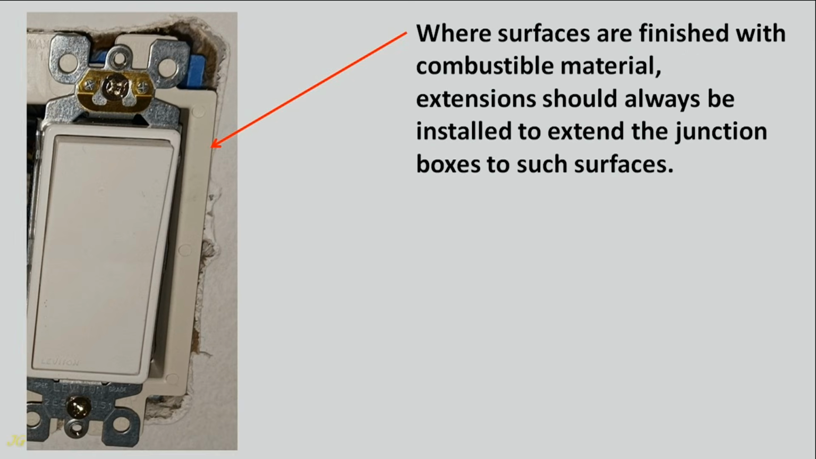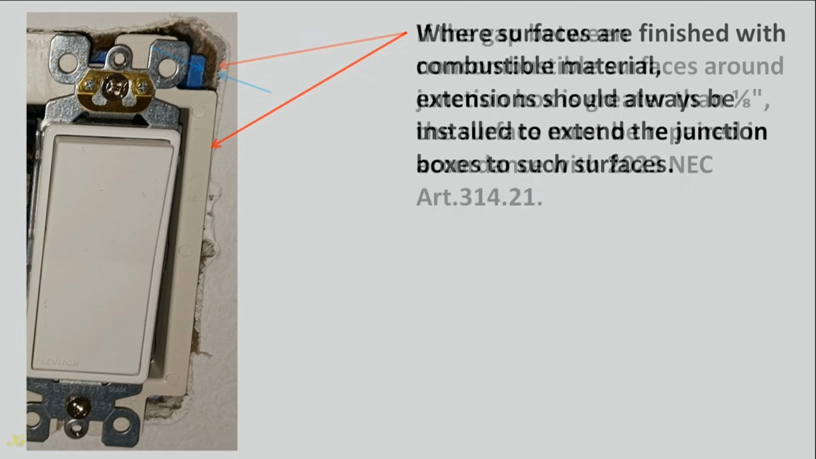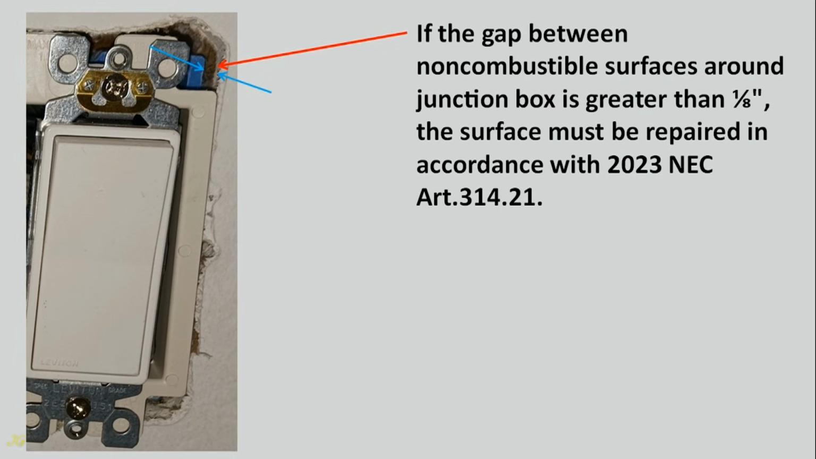Where surfaces are finished with combustible material, extensions should always be installed to extend the junction boxes to such surfaces. If the gap between non-combustible surfaces around the junction box is greater than 1/8 inch, the surface must be repaired in accordance with 2023 NEC Article